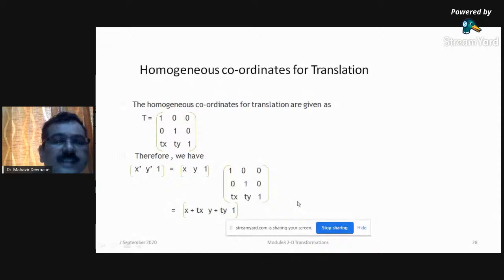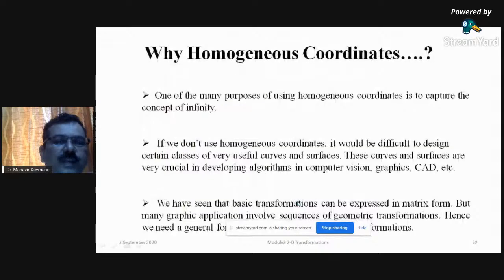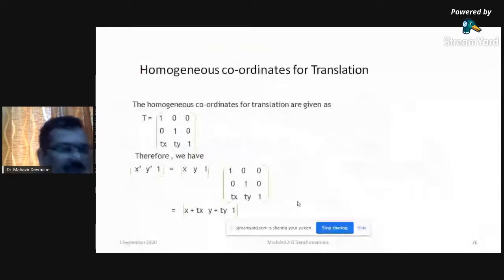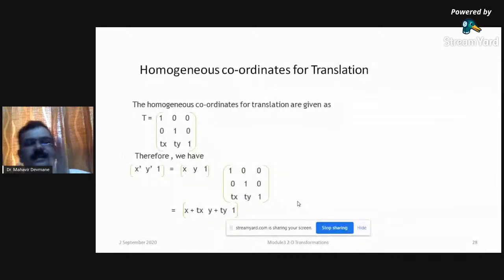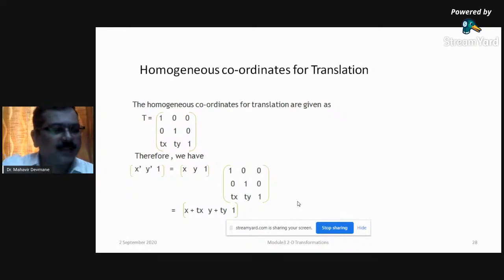So what we have discussed is the reason for having the homogeneous coordinates. The reason is that homogeneous coordinates are in terms of a 3 by 3 matrix. So the translation matrix I will get as 1 0 0, 0 1 0, tx ty and 1. Okay, so here what will happen? See, as shown in the diagram